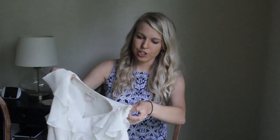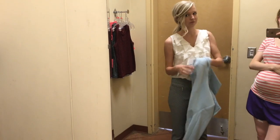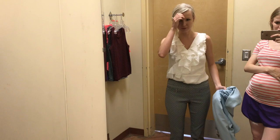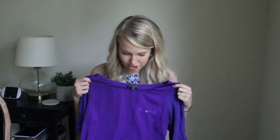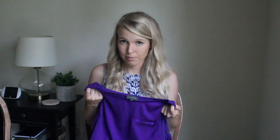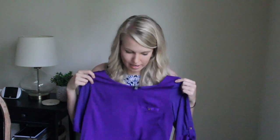So I got this white blouse, which when paired with the right thing looks pretty cute. When paired with the wrong thing it looks like a colonial boy ready to start his apprenticeship or something like that. But I actually really did like it. All right, so this purple shirt is actually in really good condition, in my opinion, to be from Goodwill. It fits really well. Whoever had it obviously washed it well and took care of it. But it is the Limited brand. And I was really impressed with the way that it felt, and it just seems like a really nice blouse